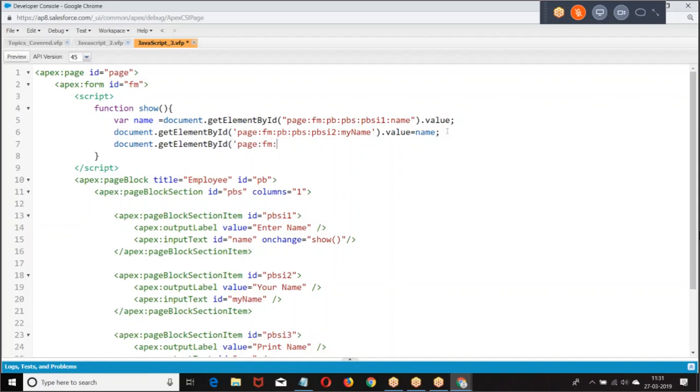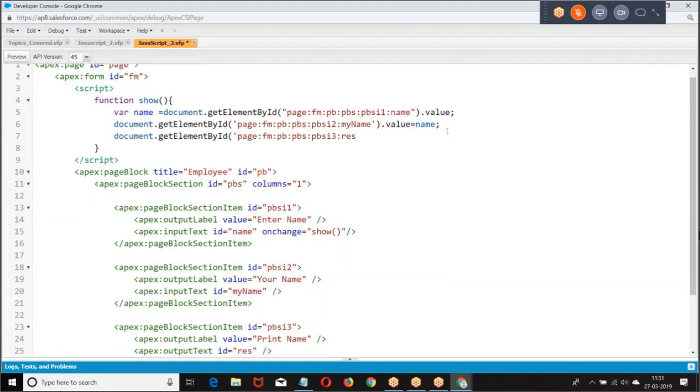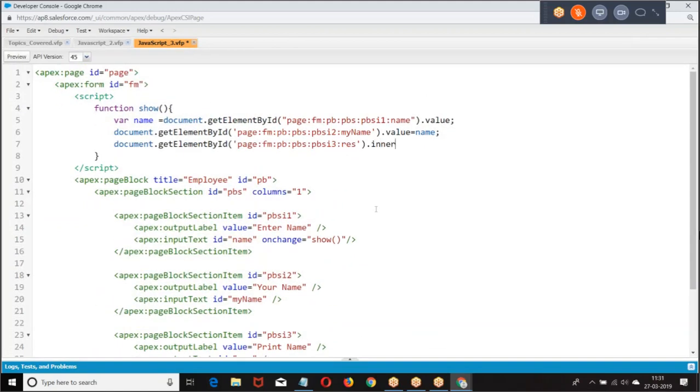Page, form, page block section. Then we have ID. What is ID? RES. Inner, because I want to print like output, it is the inner HTML.